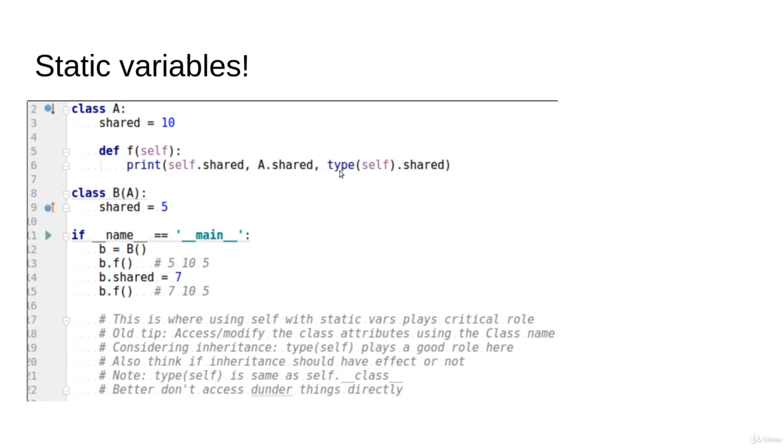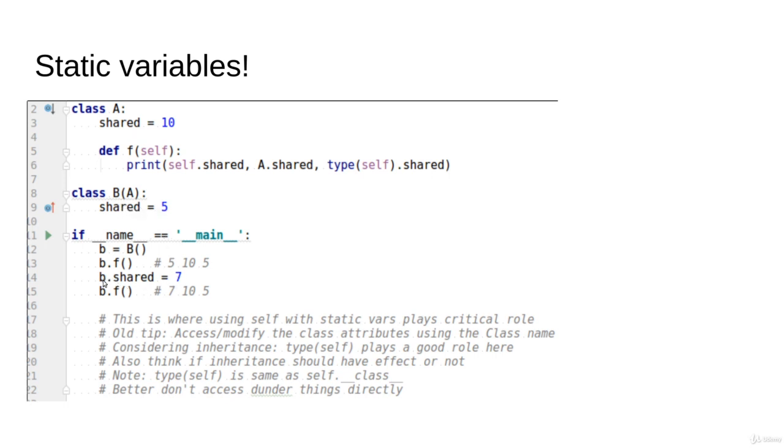The third one is type of self.shared. What is type of self? Self is b, so its type is b. b.shared is 5. Now, let's go one more step. b.shared equals 7. Now we are changing the object b on a static level, so now its internal 5 is